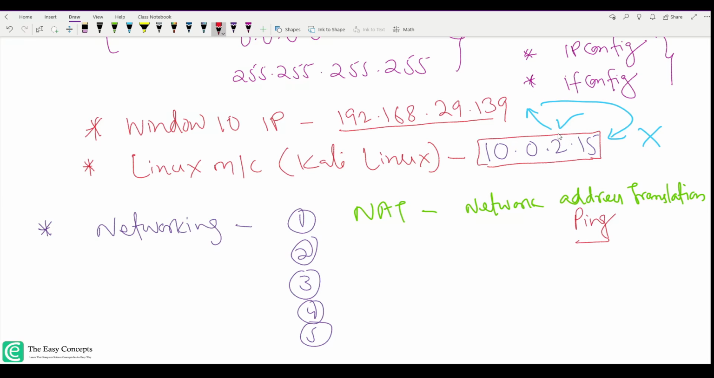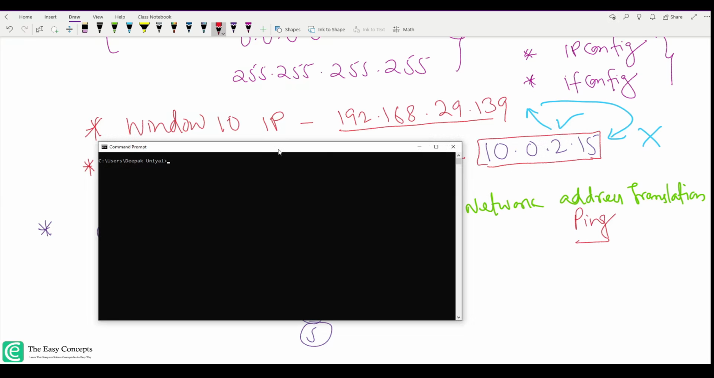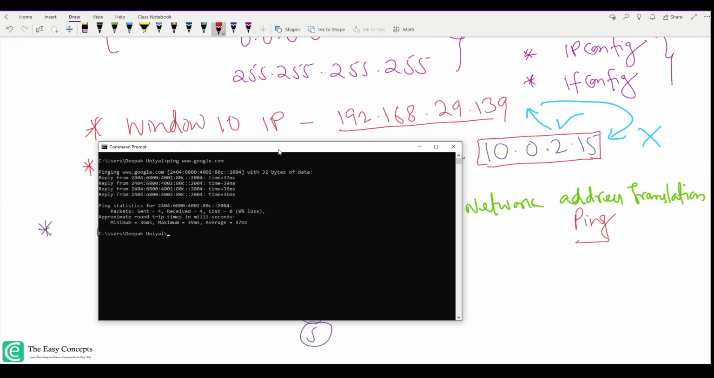Clear? So let's start it. So here is my Windows command prompt. I am trying ping, and let me show you that we can ping google.com from here. And now you can see we are getting some response from Google. So it's working fine. Now try to access